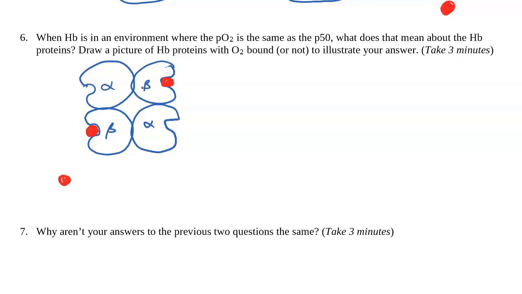If you drew only one hemoglobin, then you would have to draw it with only two of the binding sites filled. Now, if you drew more than one hemoglobin, there are different ways to do that. So if you only drew one, I'm going to ask you to pause the video again and draw some more. And if you drew more than one, pause and think about it for a minute, and then I'll give you another answer that's consistent with this. So give it a pause.